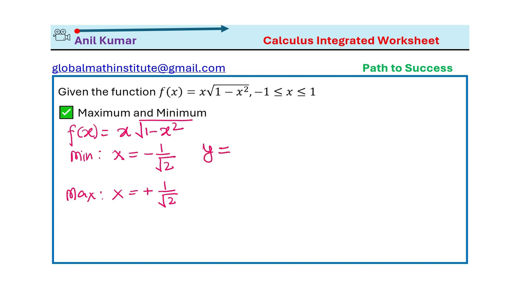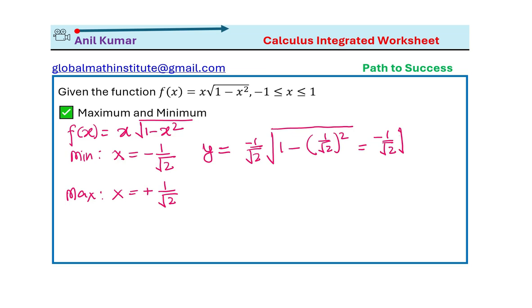When x is minus 1 over square root 2, we get minus 1 over square root 2 times the square root of 1 minus 1 over square root 2 whole squared. And this gives you square root of